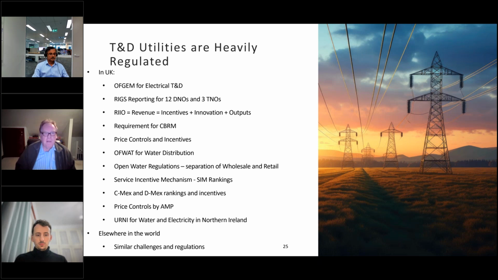What Ofgem have been doing, and I think this is probably similar elsewhere, is something called RIGs reporting, because they've got 12 distribution operators and 3 transmission operators. They need to make sure that everybody's reporting the same things the same way. So they've created this spreadsheet, which needs to be populated every year. It's what I call the mother of all spreadsheets. It's got 132 tabs. Each tab has 110 asset classes and about 100 columns. It is massive. In the past, they used to have 5 or 6 engineers working for 6 months just to populate this to produce their annual report.